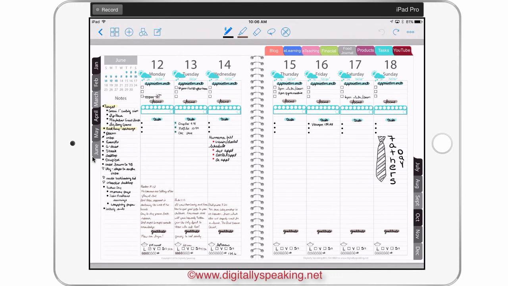Now, this section right here, I use this section to pretty much brain dump anything that pops into my head, or anything that comes up, or anything that I notice that I need to do, any ideas that come up. This is where they go. And then as I see time and room, and if the mood strikes me, I can lasso something from here and drag it over to a day. And then at the end of the week, I just lasso this whole list and I bring it over to